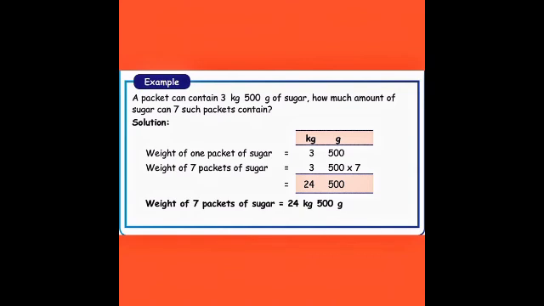Yes, my dears, did you all understand? Yes, this is a way to solve the multiplication problem. The same process, but we are using units and all. That's all. Now we will move on to the division sums. First question, divide the following: 70 kg 350 gram divided by 7.